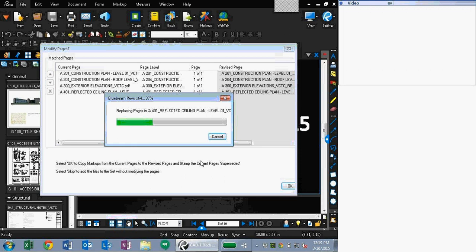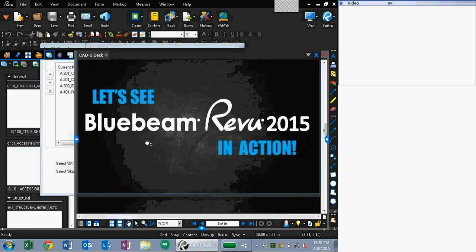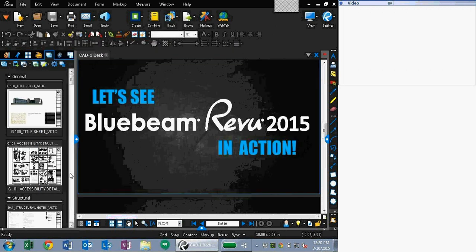So just going to take a couple seconds for this to do. I believe it's a 30-something page set that it's creating. So pretty quick for it to be able to do all of these things here. So now you can see all the individual files in the Sets panel as if they were one document, and